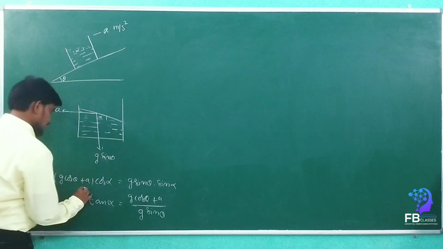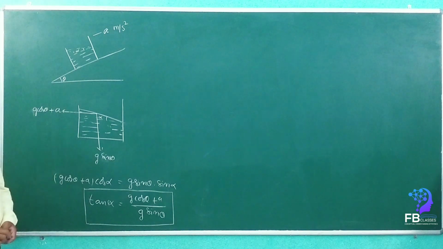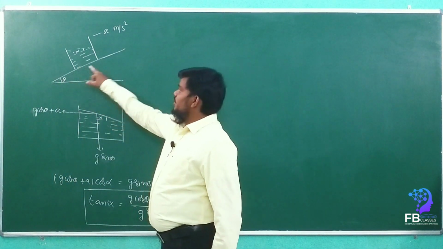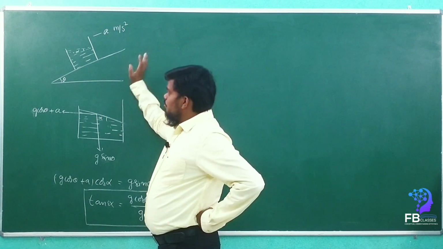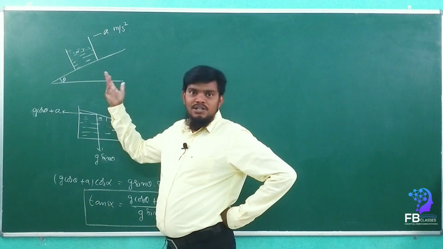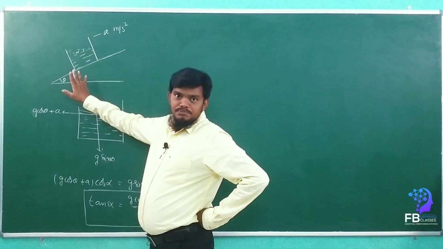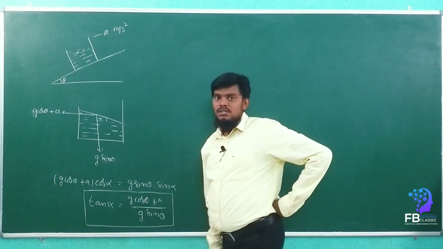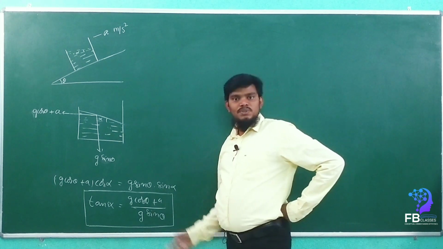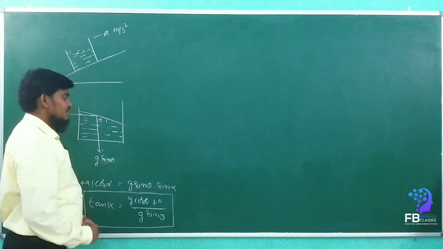Are you getting my point? So this is the alpha. Here the conceptual understanding is, whenever the inclined plane is given, first we have to take the g component as two components, one horizontal component and one vertical component, with the inclination of the theta value. Got it? Then we can solve using the conceptual understanding we learned in previous problems. Yes or no? So very easy, my dears. No need to worry, it's very easy.